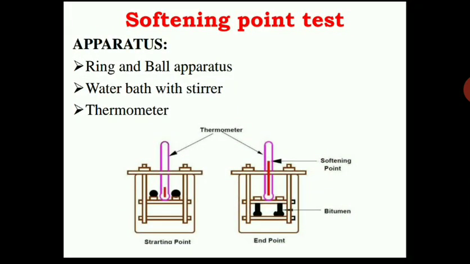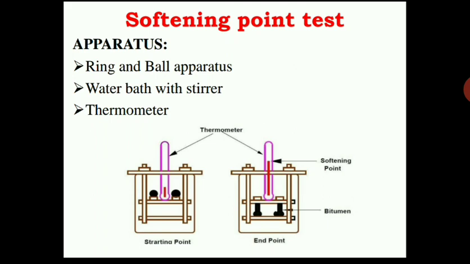Next, this softening point test. Bitumen usually does not suddenly change from solid to liquid state. But as the temperature increases, it gradually becomes softer until it flows readily. All the semi-solid state bitumen grades need sufficient fluidity before they are used for application with the aggregate mix.